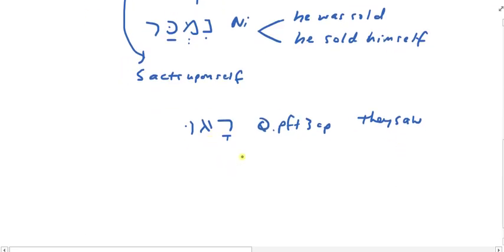We could make this nifal perfect 3cp. That would be nir'u. And just so you know, this is an irregular verb, so it doesn't look exactly like what you're expecting because my nifal nun prefix is here, my shureq is here, but I only have 2 root letters. Most of my verbs have 3, okay? So this is weak in that way, but it doesn't matter. The idea is still the same.